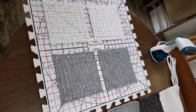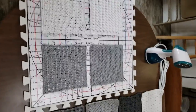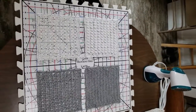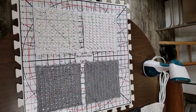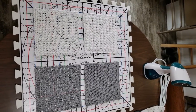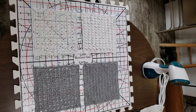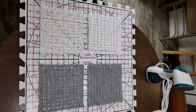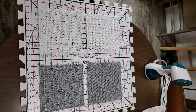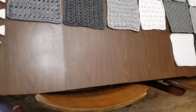So this is one of today's projects, and it's something I'm doing for the first time, so I'm going to take you along with me. It's called steam blocking, and it's especially good for acrylic yarn. As you can see, I have a pad with a measured grid on top of it. And these 4 squares that I took from here,